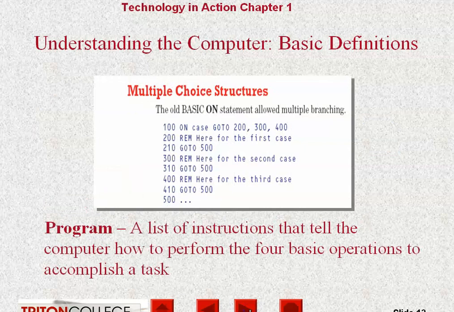We talk about basic definitions of computing. We're talking about understanding what a program is, and a program is basically an instruction set, just like you and I have at work when we're either working with somebody or they're working with us, or when we were kids. Our parents would say, especially when we were growing up and learning how to do things, okay, here's how you tie your shoe. Here's how you get dressed. Here are the sort of clothes you want when you're going to church or to a formal function versus the sort of clothes you're just going to go hang out with your friends. Is it hot outside? Is it cold outside?